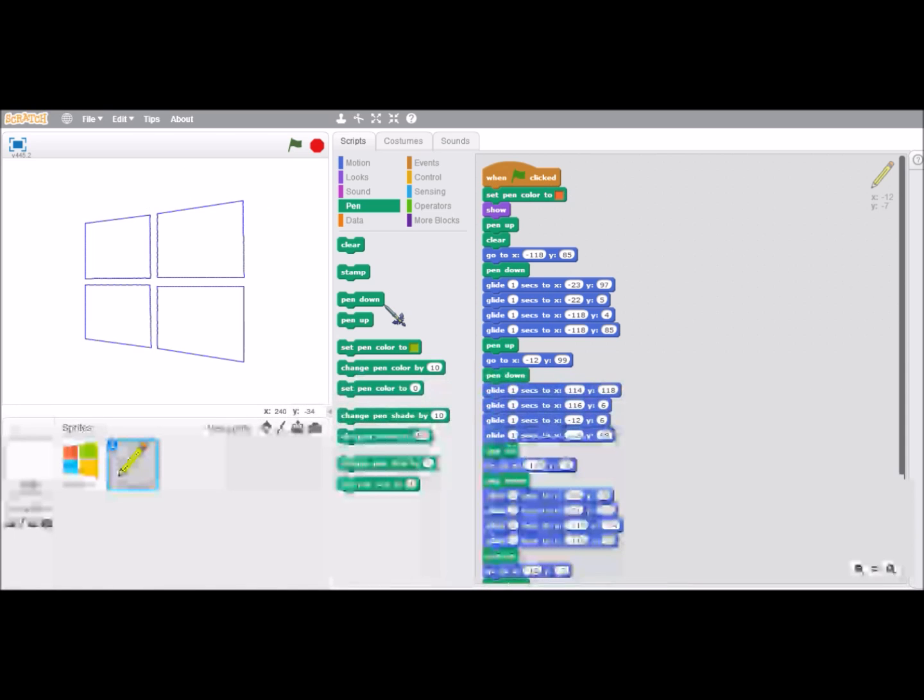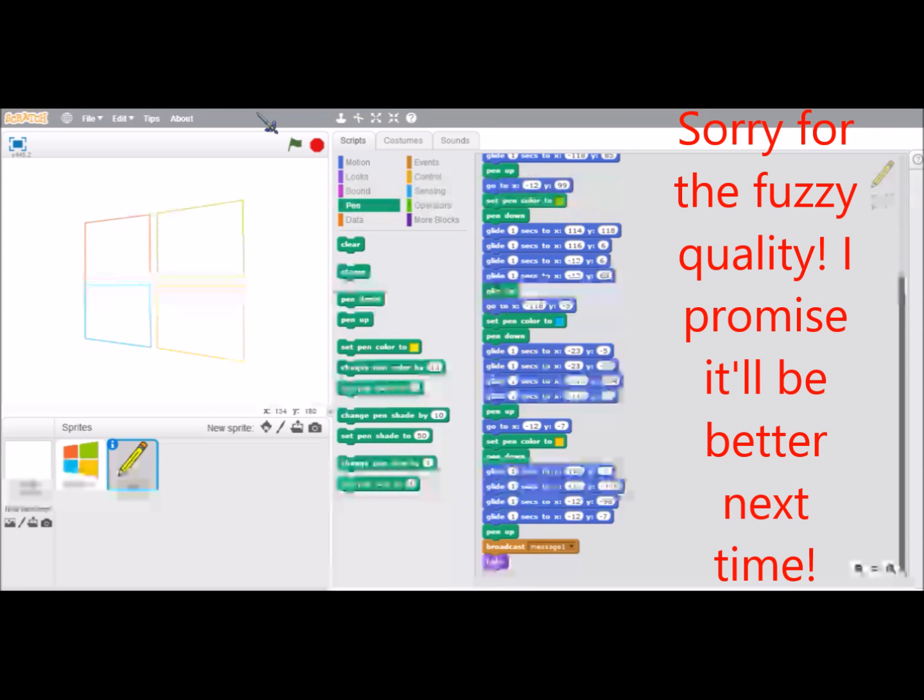The pen will be that color. And now all you have to do is position for the rest of it. So I'm gonna leave the rest up to you, because if you want to be doing this and you're an advanced user, I trust that you can do this. If not, just come ask me for help, the junior high kids. Yeah, I'll see you once this is done. Alright, so this is what the